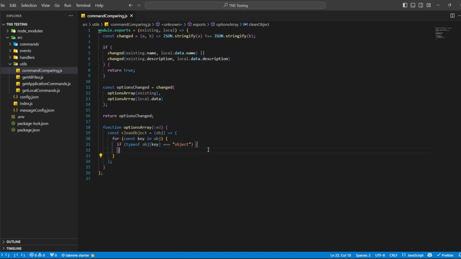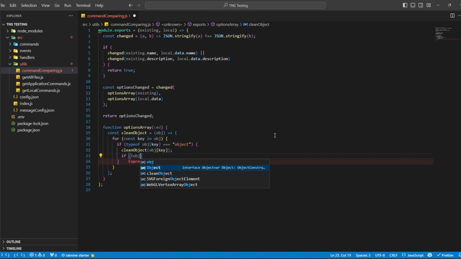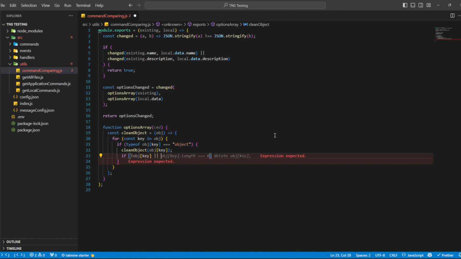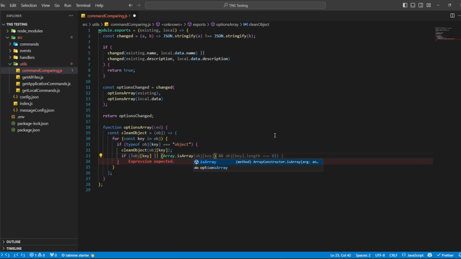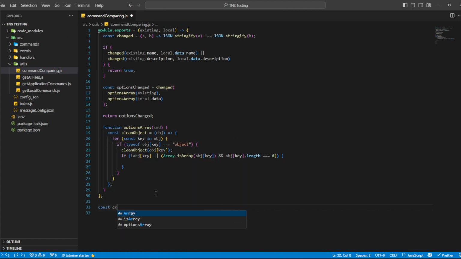Okay, so now if this is true, we will call this function with the object key, and then if there is no object key, or if the object key is an array, and the array has a length of 0, which means that the array is empty, since if you have an array,